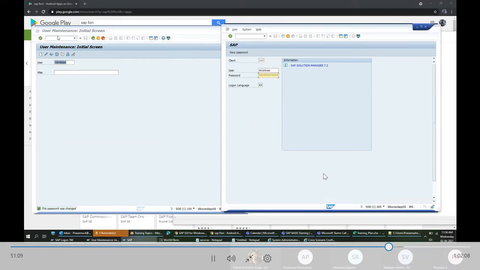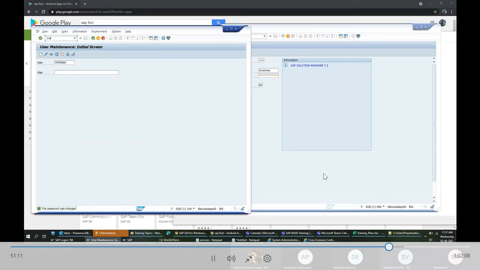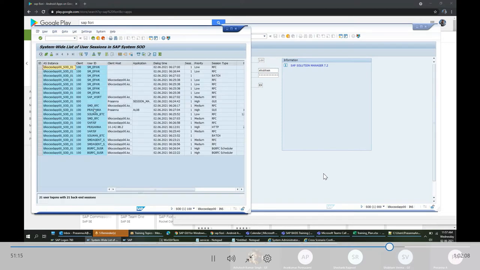Okay, so the left one is my login. I'm logged into this system. On the left one, this is where I logged in and executed the AL08 transaction. So now I'm logging in as Shubham.